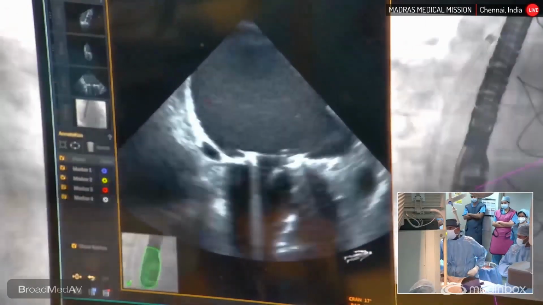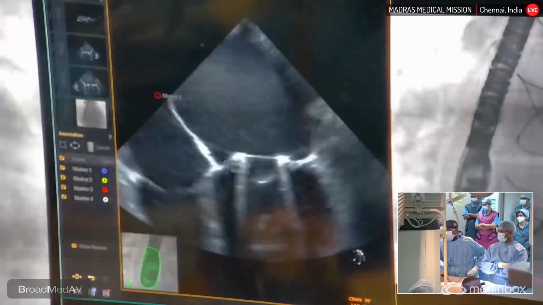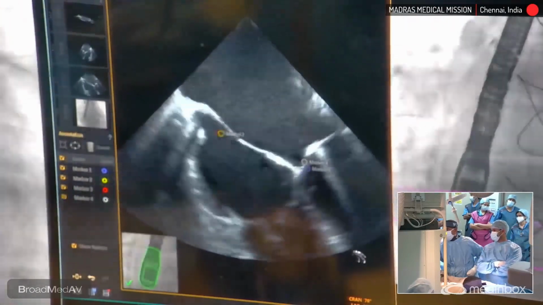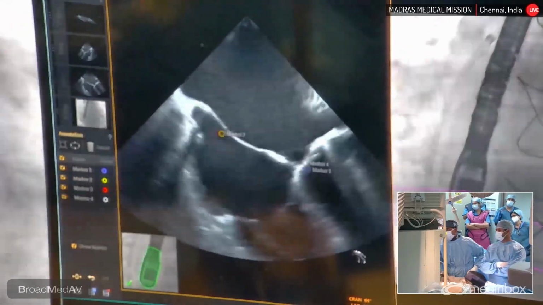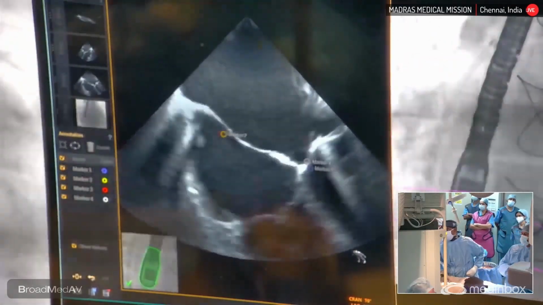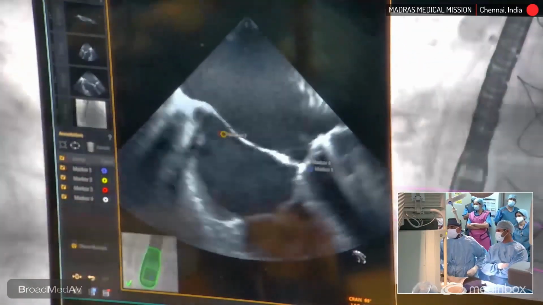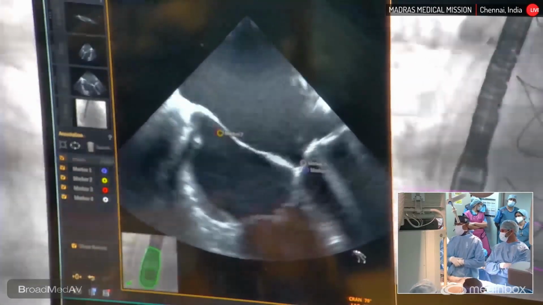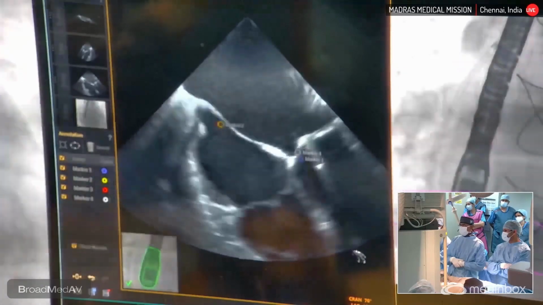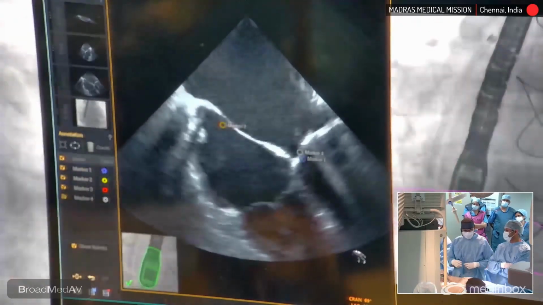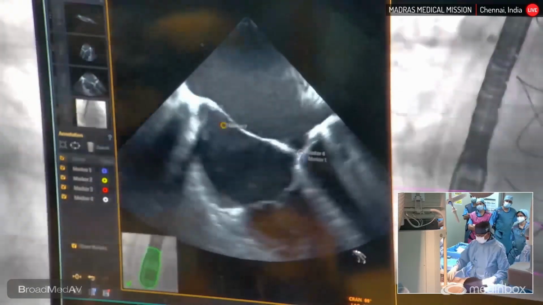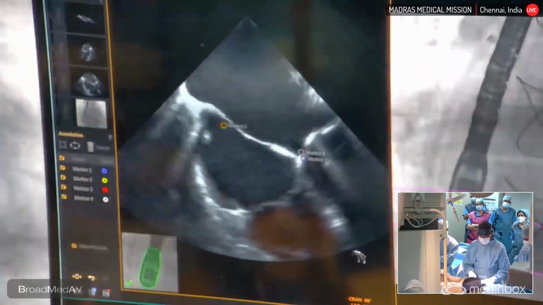Now, what you're seeing there on the screen is the echo navigation, fusion of the images. We are now visualizing a red marker on the intraatrial septum, which is a little postero-inferior, and a yellow marker which is a little posterior. I have taken it far away from the mitral valve prosthesis so that I will have a working angle for manipulating my catheters. So right now we have an 8 French transeptal sheath that is already placed in the left innominate vein,